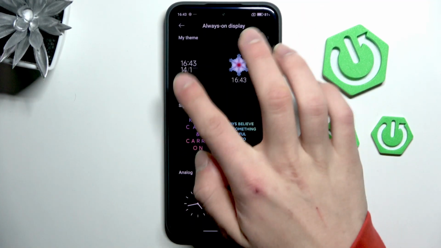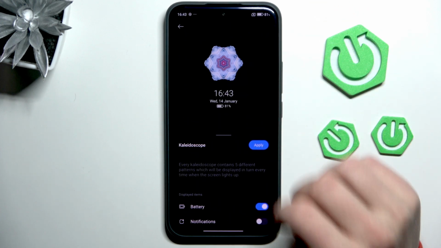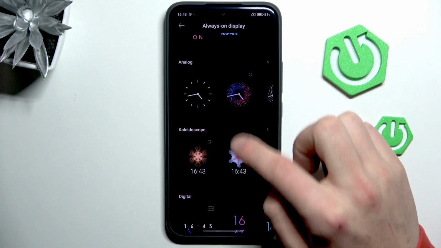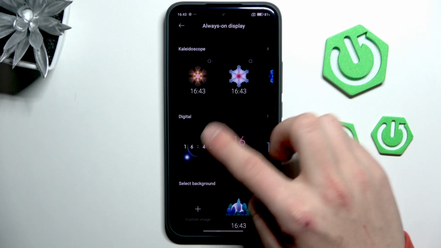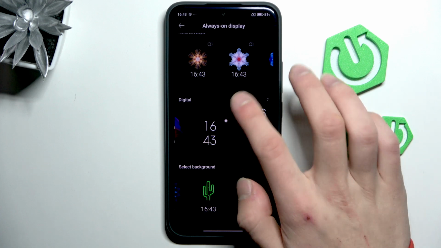Here we have the theme that we can change right here. For example, for this one, we have the signature, analog clock, kaleidoscope, digital clock, and the backgrounds. So that's for you to